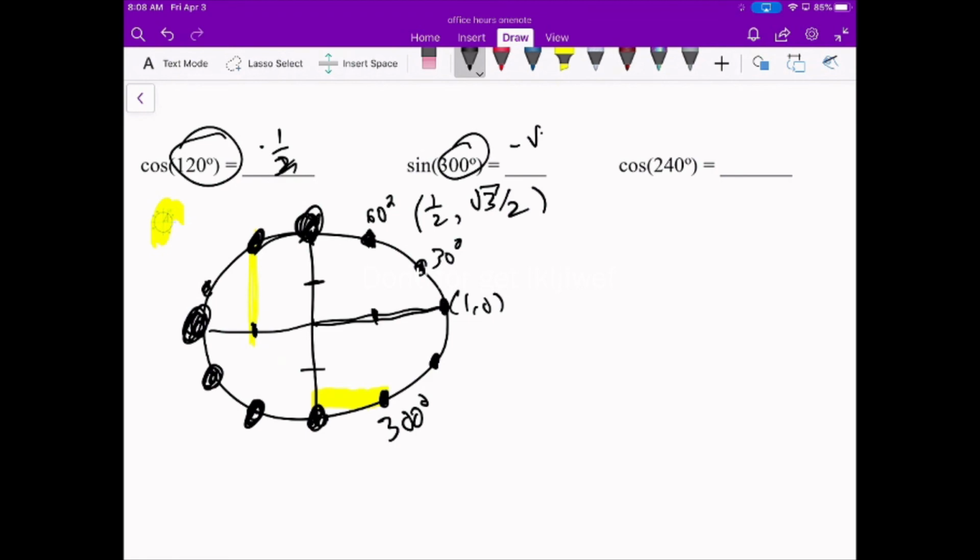And then finally, we've got our 240-degree angle. 90, 180, 210, 240 is right there. X-coordinate goes with the cosine ratio. X-coordinate is clearly negative 1/2. No need to divide by the radius of 1, and we